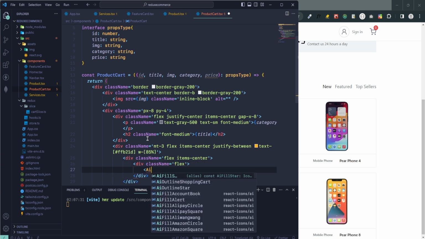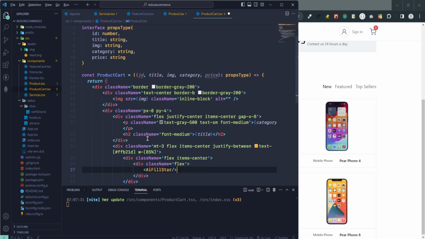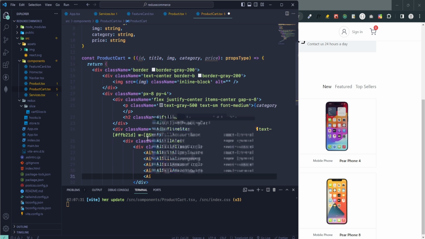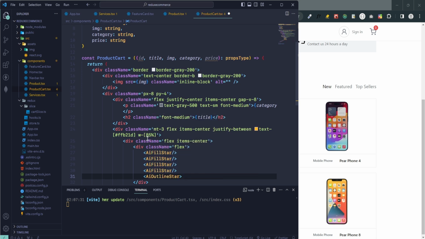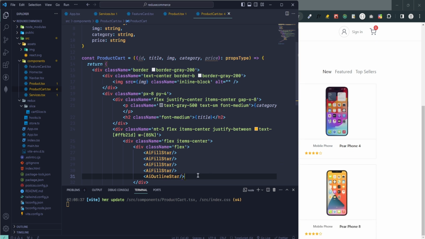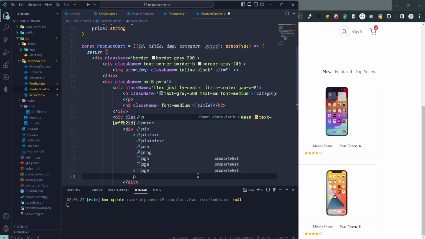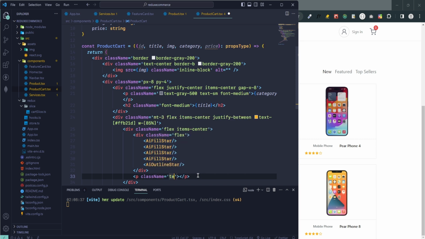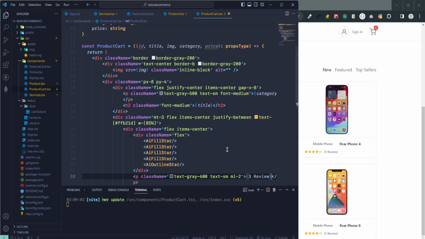I add AI fill star 4 times and AI outline star, and I say that. Okay, and I add a paragraph tag, class text gray 600, text small and margin left 2, and 3 review. Okay,